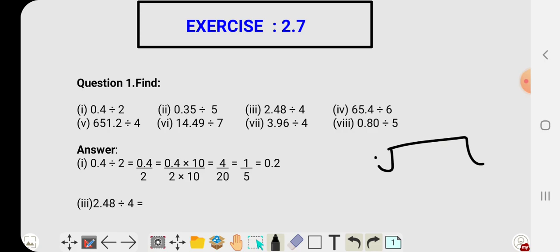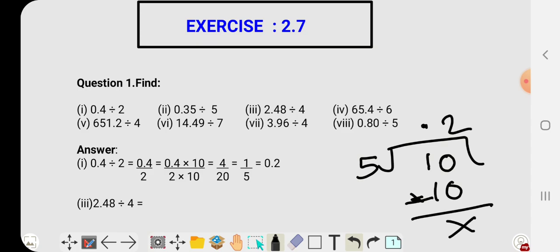Whatever is in the denominator will be written outside and the numerator will be written inside, okay. Now in the table of 5, 1 never comes. For this we put a decimal, and after putting a decimal we can put 0 with it. Then we can see 5 2s are 10. Clear? Then what remains? Nothing. So the answer will be 0.2. You can do this calculation, this division, on this side, and you can show it in the fair copy also.